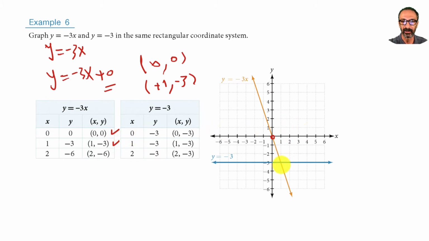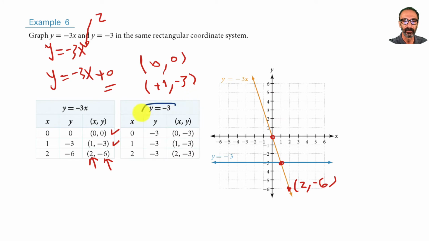1, negative 3 is right here. And let's just use 2, just like they did. So if you plug in 2 here for x, 2 times negative 3 is negative 6, as you could see. 2 and negative 6 will be down right here. That's 2, negative 6. Okay, now